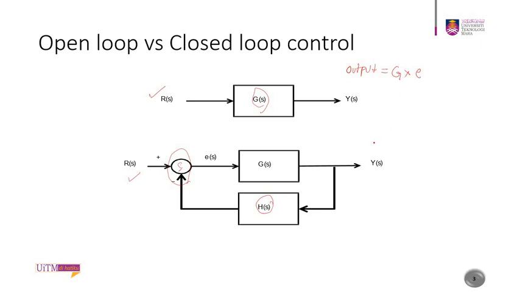Note that this error signal is also the input to the feed forward block G, and the output from the summing point, the error, equals input minus H times the output. So if H equals 1, which is the unity feedback,